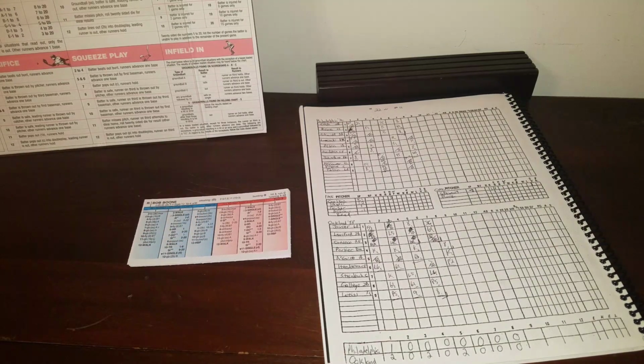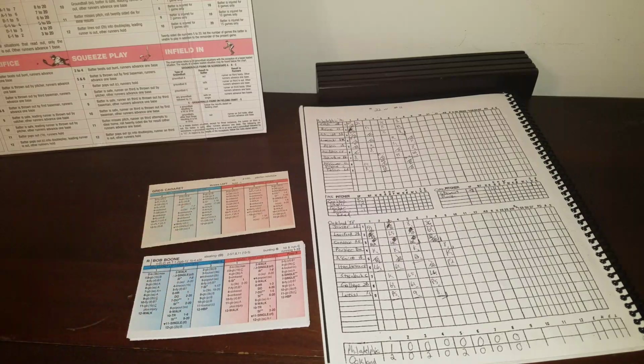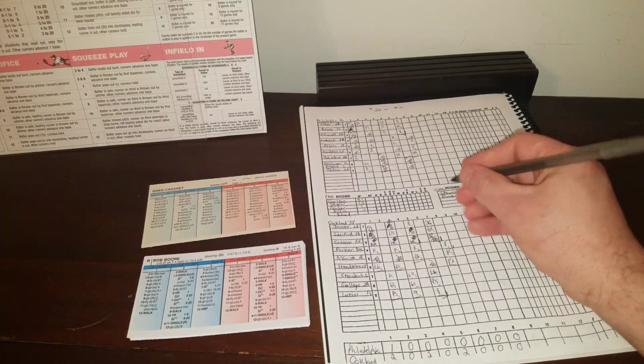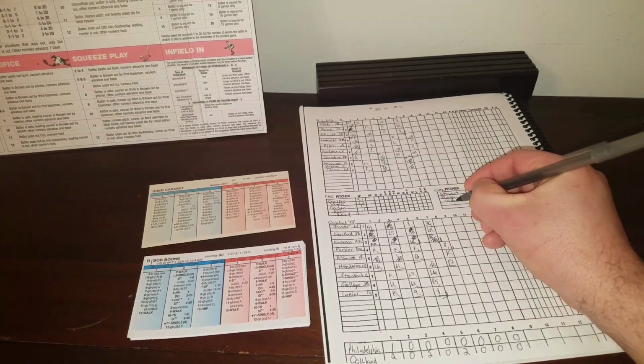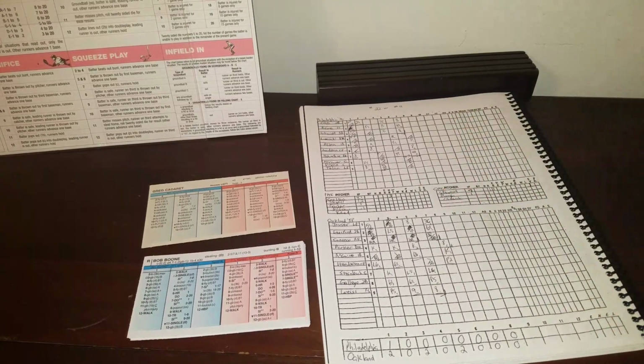And he will be facing the offerings of Greg Cadaret, the lefty. So Greg Cadaret, the lefty, will be coming on. Try to finish out the inning. Eric Plunk, an easy 1 inning pitched. So we've got